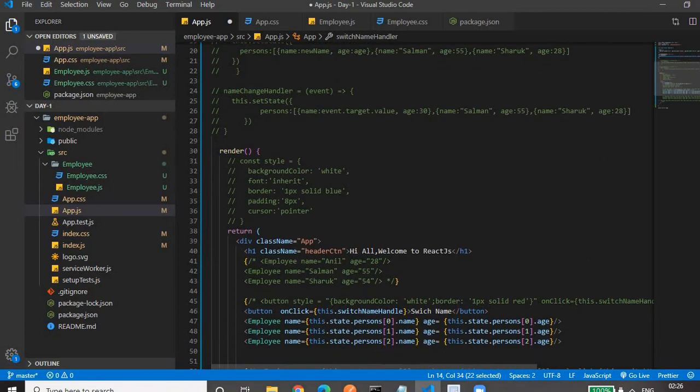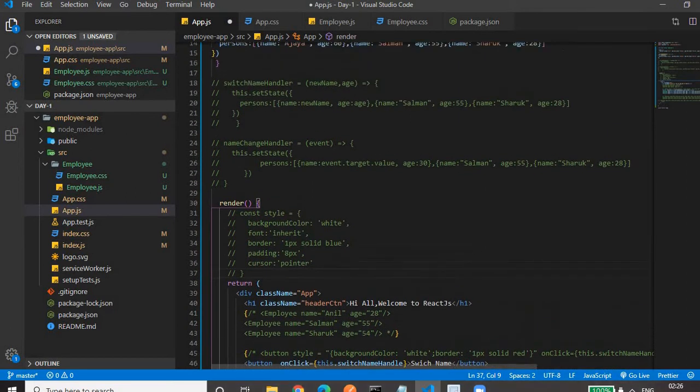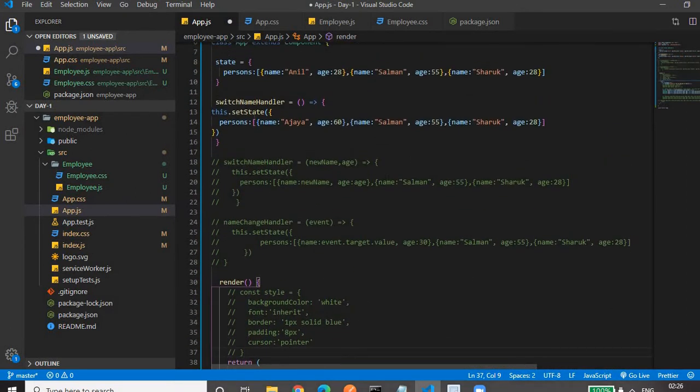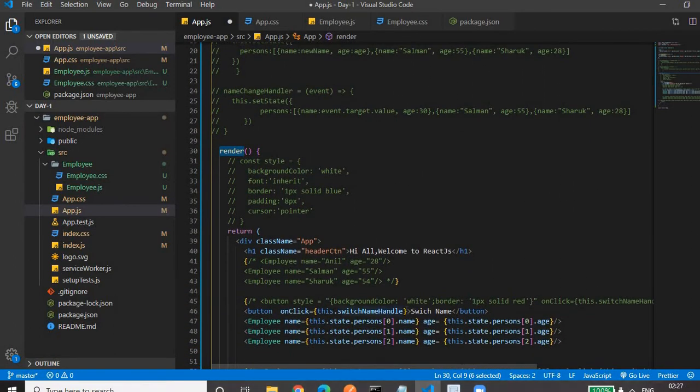Then what next? This is how we'll see how it works. Let me tell you one more thing: on click of the button, it will change the state, and as per the React.js lifecycle, as soon as the state changes, it will call the render function so that our UI gets updated, because in the render function we have written the HTML code. Once the state changes, the render function is called. Even on props change, the props that we are passing to the employee component, as these props change, it will call the render function. So the render function is called every time the state or props change, so that our UI gets updated.